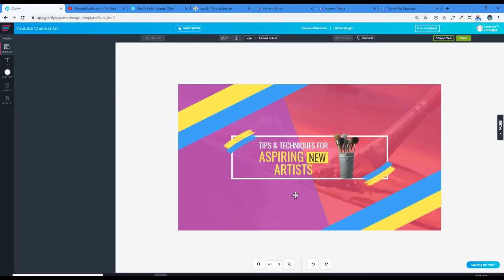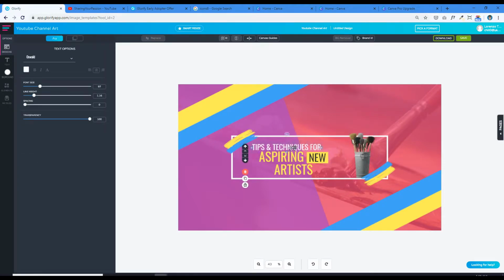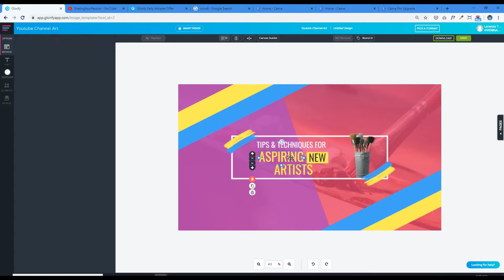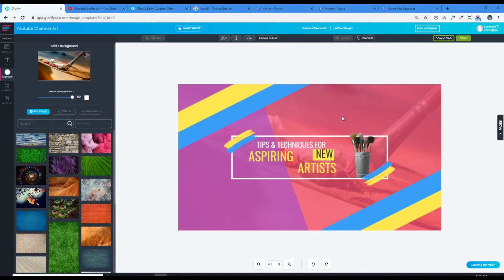Okay, so all these are elements you can change. You can change your image. I'm going to replace this with my logo. I'm going to edit this a bit. And these are separate elements. These are just shapes right here you could drag around. Oh, this is the background. That's the actual background. You can change your background to any of these,